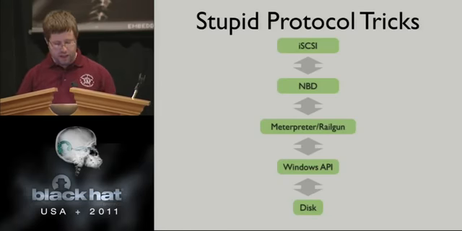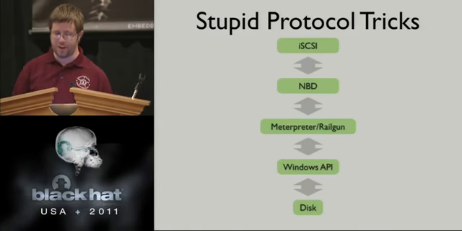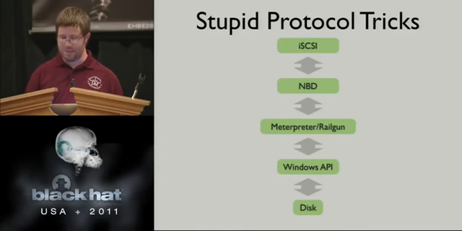And I was like, well, I guess I'll have to get around to writing some Windows block device driver at some point. But then it dawned on me maybe a week and a half ago: hey, I can, on the Linux side of things, create an iSCSI server, and Windows does support iSCSI. So we have our stupid protocol trick here of layering iSCSI on top of NBD to be able to run these Windows-based tools.